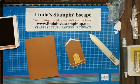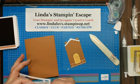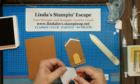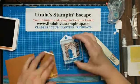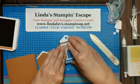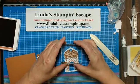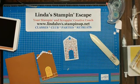And we'll pull in one more of these. Again, save them stars. Put that right there. And we're going to double stamp this one too, just because I like that. We made two with just the one and left the top plain, and then this one here we're going to do the double. Pretty. Okay,